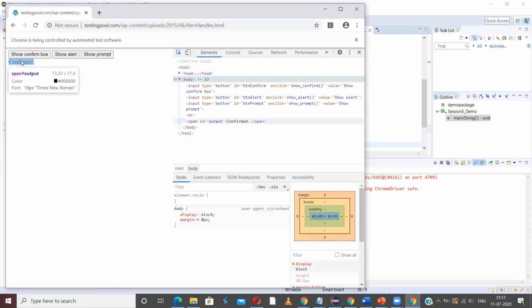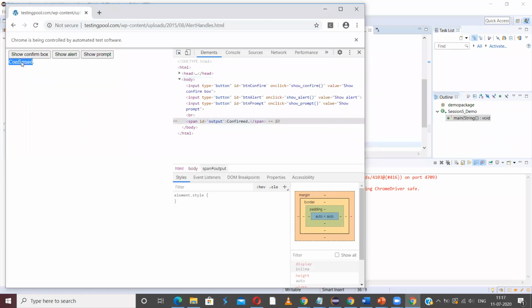So this is also an element, right? This is also an element. So let us get this text. Okay, so I'm getting this text. The ID for this is output, right? So let us see if we can use this ID and get this text from this web browser.